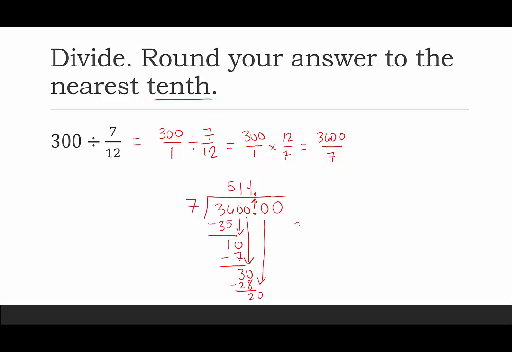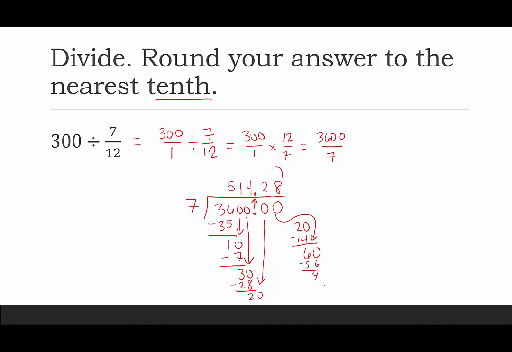I'm just going to put that 20 again. 7 goes into 20 2 times. That would be minus 14. 20 minus 14 is 6. And we're going to bring down this last 0. 7 goes into 60. It would be 8 times. And we don't need to do this. You can just confirm that we do end up with something that would be 4. Yep. So this keeps going. We're not done, but we got to where we needed to be in order to be able to round to